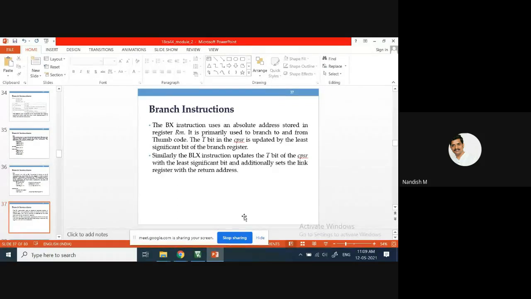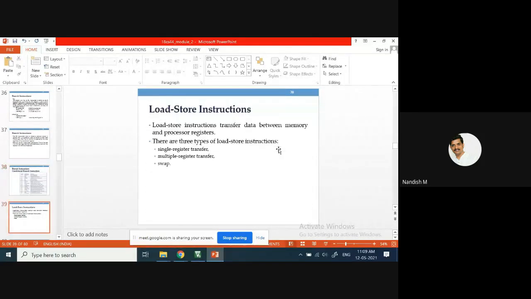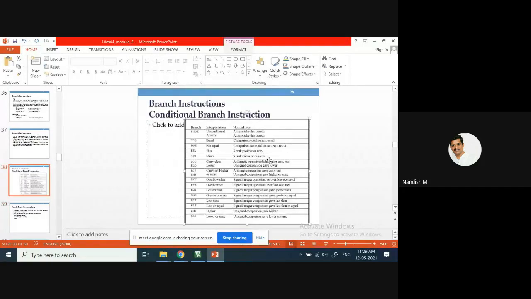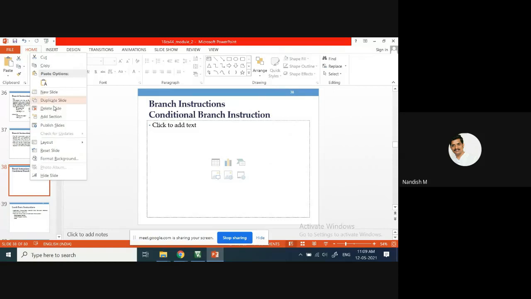You may not expect the program in this chapter, but programs we are going to give in the next chapter, because there we are going to discuss how to write the ARM programs.